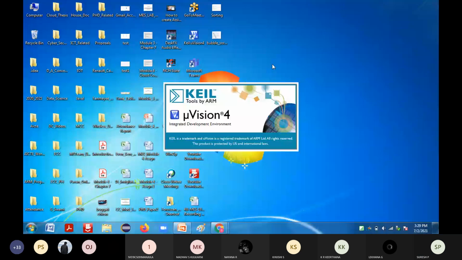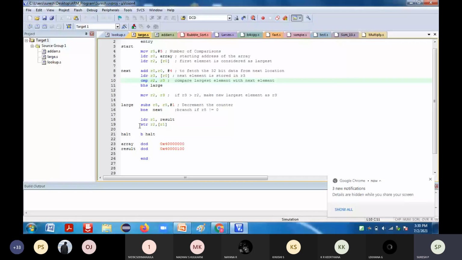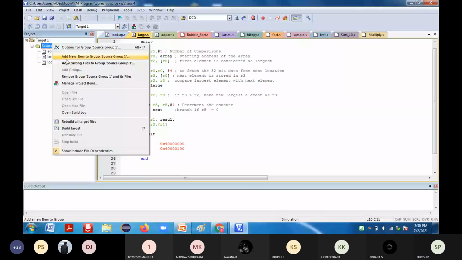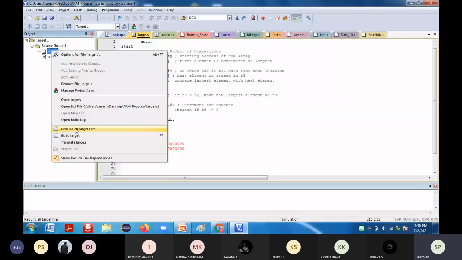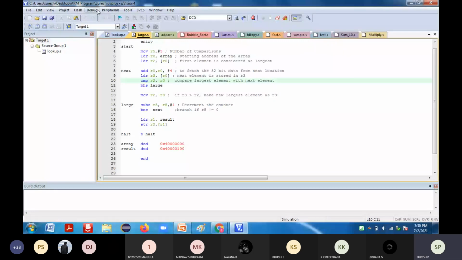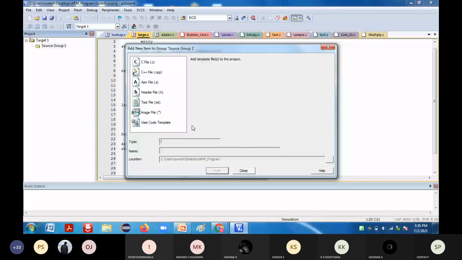Under Source, you first remove all these files: remove add array.s, large.s, and look.s. So next, add new item. The new item is of type ASM file. The name of the file I'm going to give is sort. Add. Okay, so now I'm going to type the program.